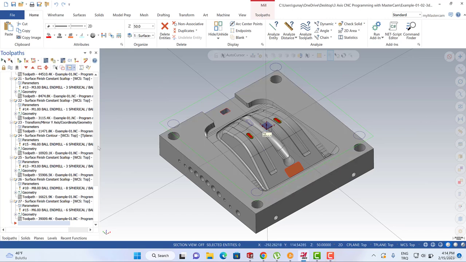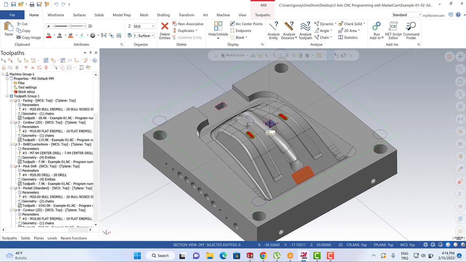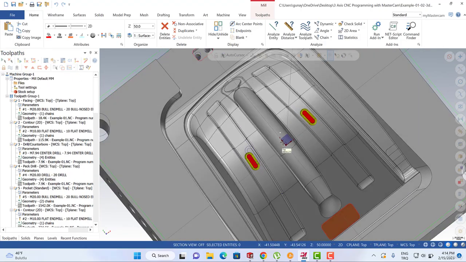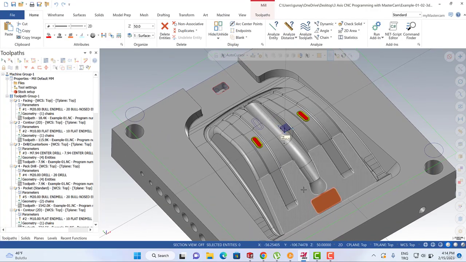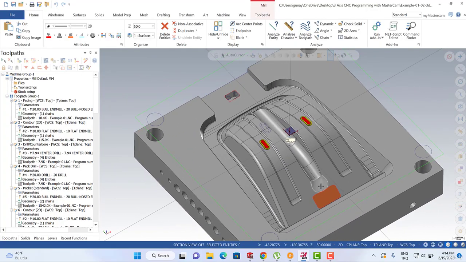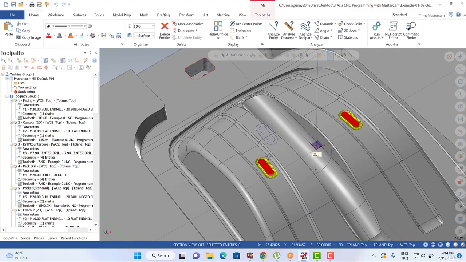In this lecture, we're going to talk about how we can handle this kind of product and manufacturing process in Mastercam. This is actually quite a difficult part. You can also see that the face is created and some local areas, and of course